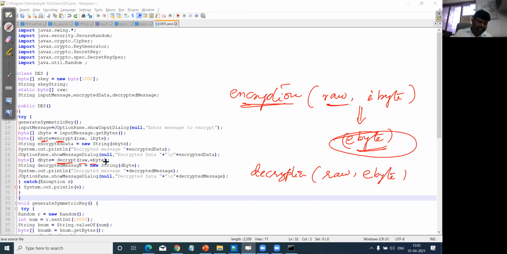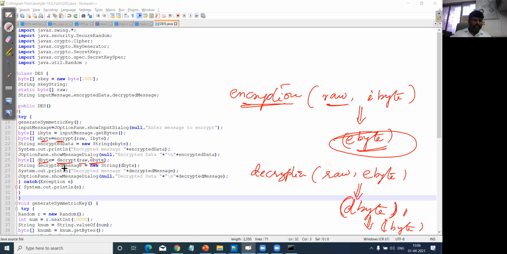Now, are you clear with the logic? It is very difficult to understand if you are not sure about the logic of how the DES algorithm works or how the encryption and decryption are carried out. And followed by, whatever value we are getting is going to be stored here in the D byte. This is the decrypted byte value which it produces. Also this is equal to I byte. D byte is equal to I byte. I hope this is clear.